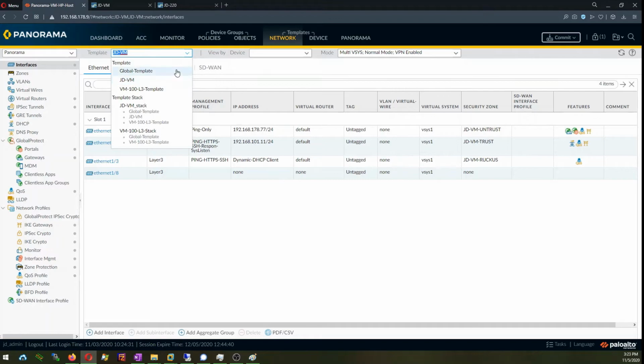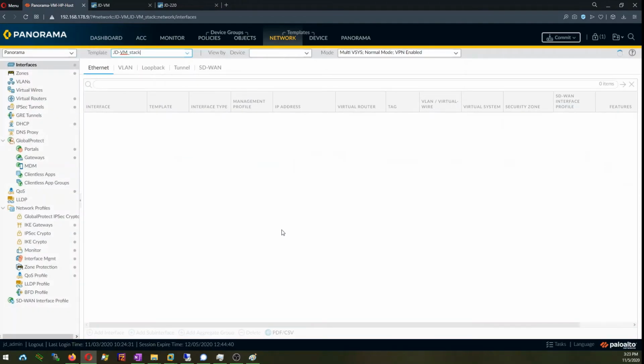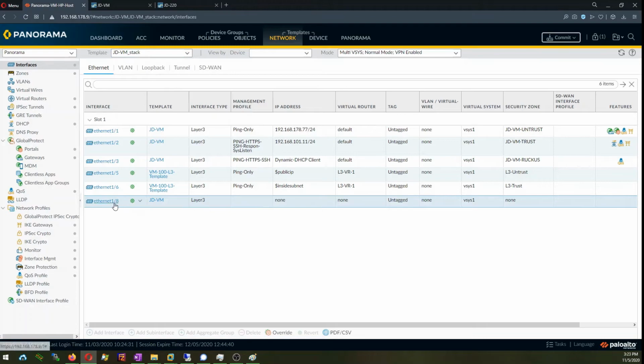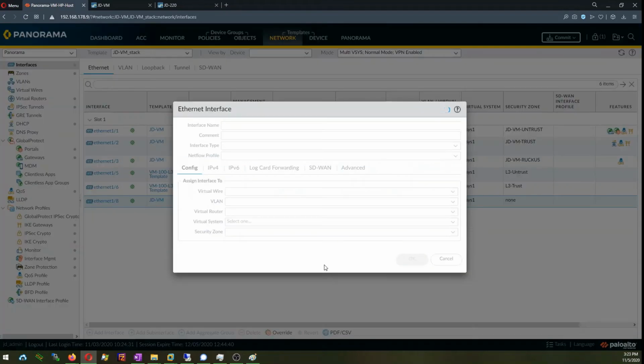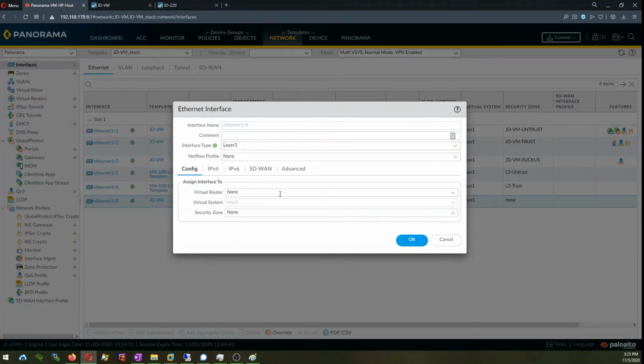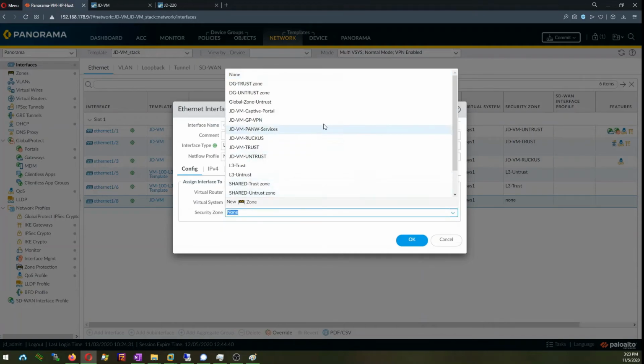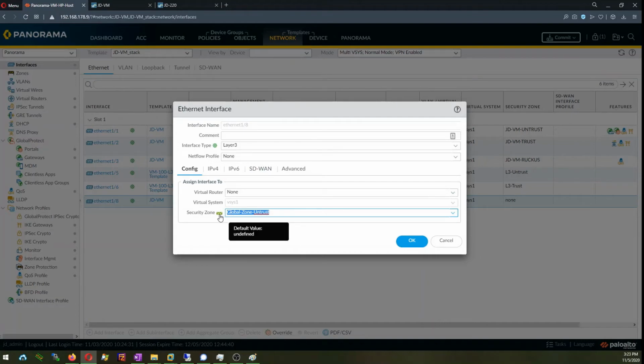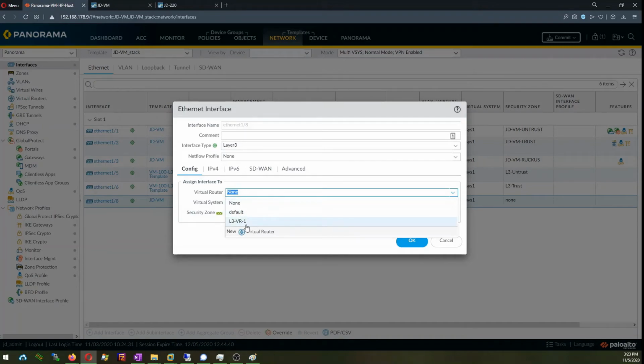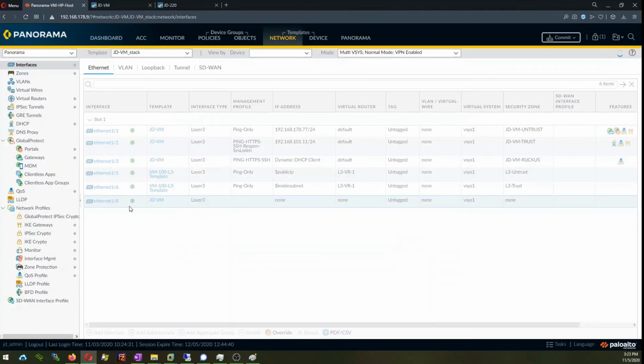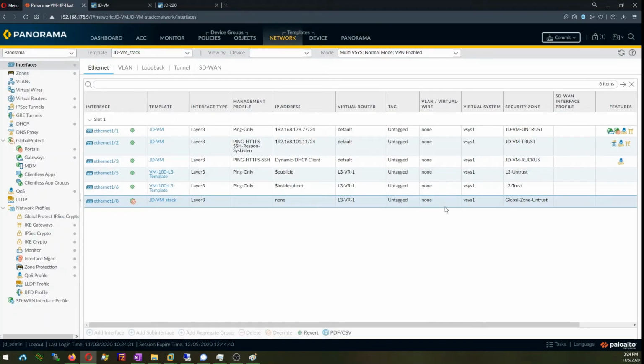So now that I have that there, I'll go back to the JDVM stack, and I can see that now the interface appears. What I can do now is override this, and now I can select the security zone we created, the global zone untrust. You see that? Yeah, I can define a virtual router or whatever. I'll just choose this one. Right now I don't have any traffic going through there. And so, if I go ahead and commit and push,